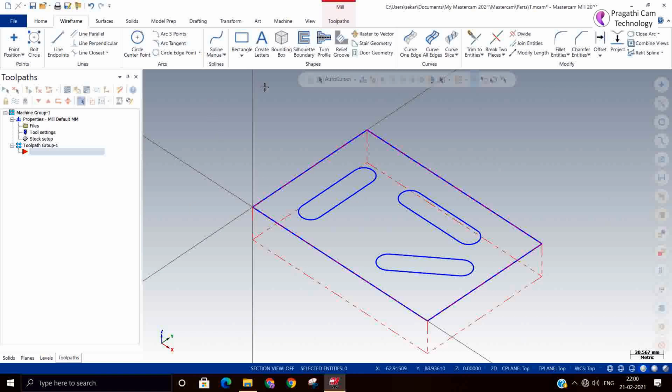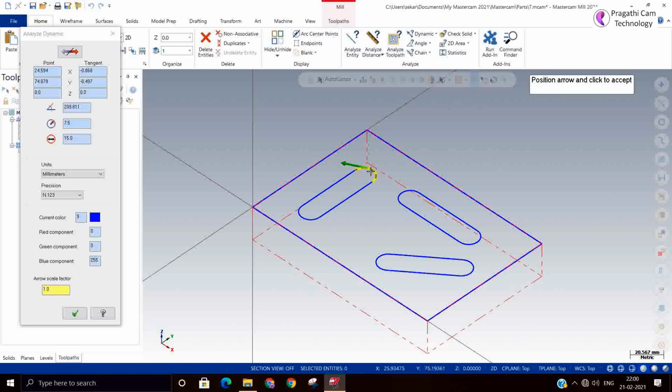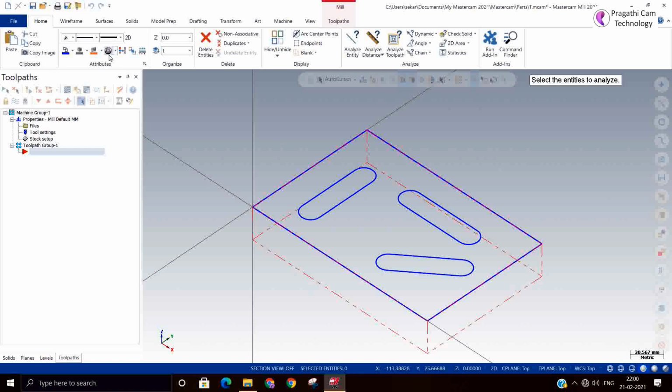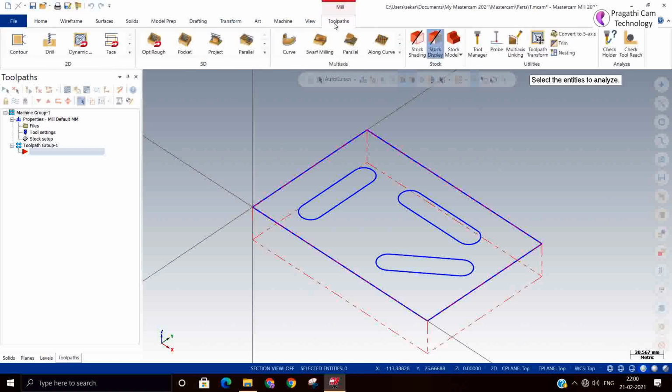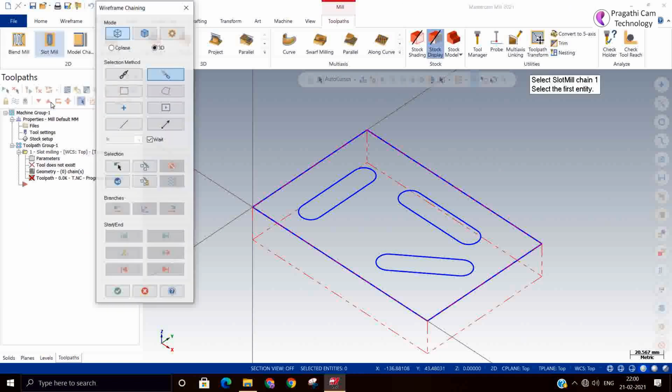We will take, first we will analyze what is the diameter of this. What is the minimum cutter you can use. Your tool should be less than the 50% of that. So slot diameter, we can go for a dia 10 tool.